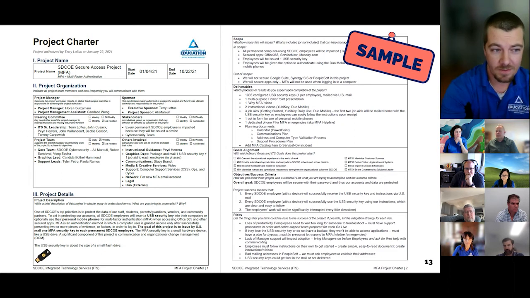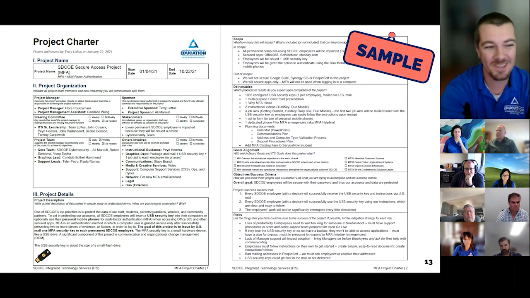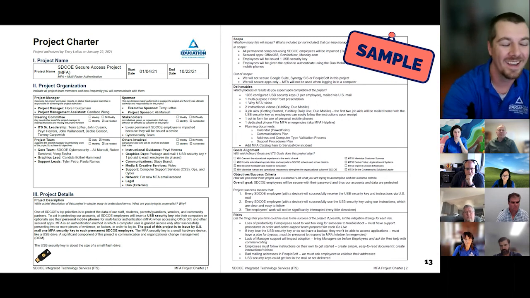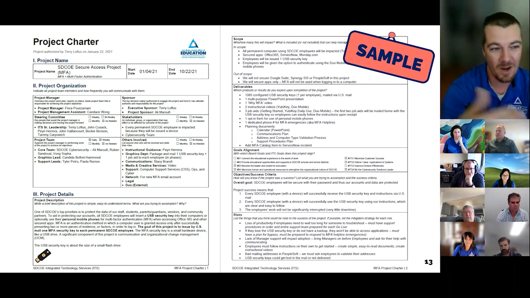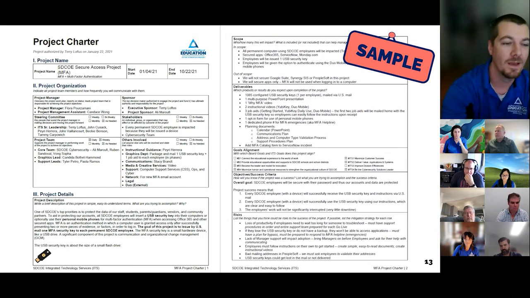Last, we've got the others involved, and this was, again, our catch-all of just random little things that aren't attached to the project real heavily, but they're brought in here and there. So Harry for instructional guidance, because she's fantastic at that. Our graphics department, as they were brought in for graphics needs. Our communications specialist, meeting creative services team to produce a video. Our support teams, which often get left out of projects and absolutely should not be. Our network team, our legal team, and our external vendor, which is Duo. So don't forget your external project members.